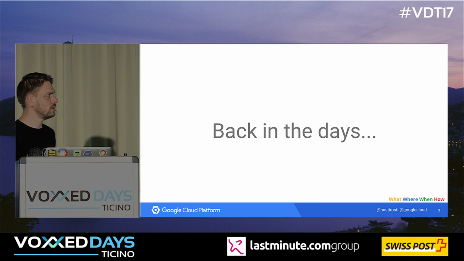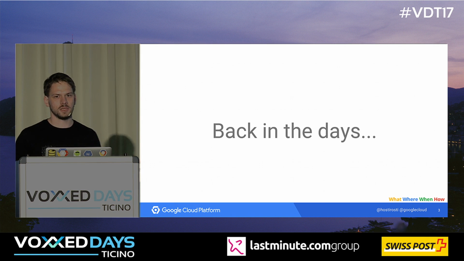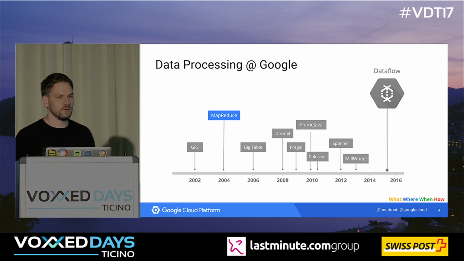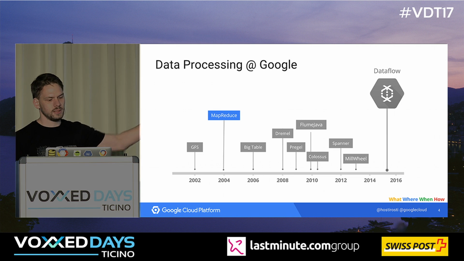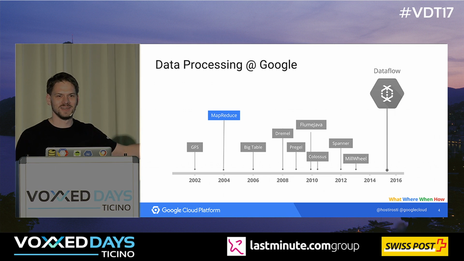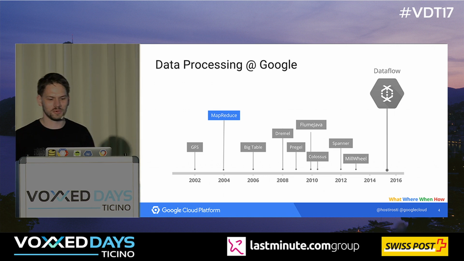But first, I want to go a little bit into the history to get everybody on the same page about where we are coming from. If you look at data processing at Google, there's a long history of different kinds of frameworks and methods that we've developed over the years to cope with the amount of data that is collected. The timeline starts about 2002, and Google was founded in '97. The reason was we were really scrambling the first couple of years. We didn't have time to write papers or think about novel approaches. By the time we could actually breathe a little and think about how we could approach data processing in a better way,